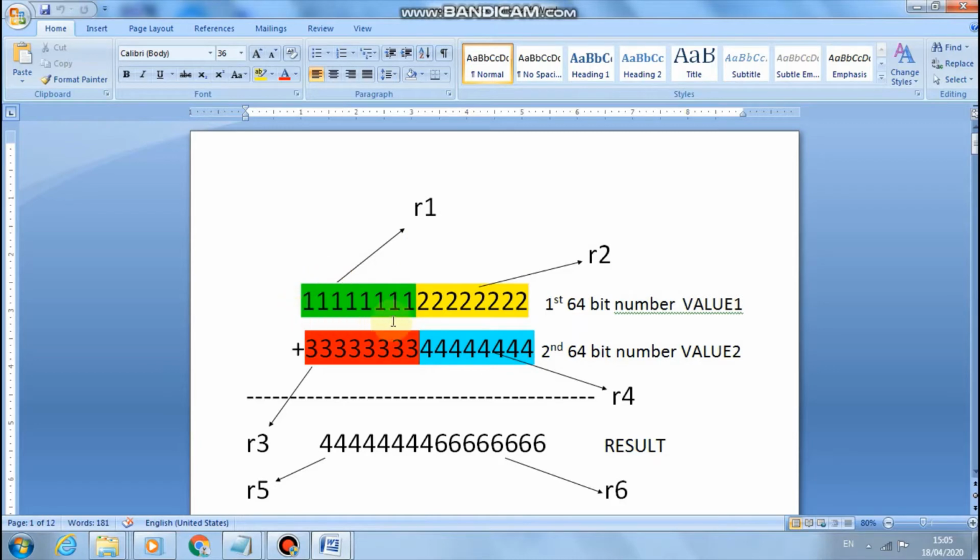The entire number is divided into two parts, 32-bit and 32-bit. This is because in ARM7 each register is 32 bits long. So the entire number is divided into two parts. Now the first part will be stored in register R1. The second part will be stored in register R2. Similarly with the second number, the first part will be stored in R3 and the second part will be stored